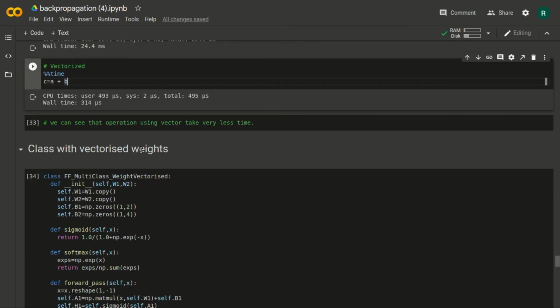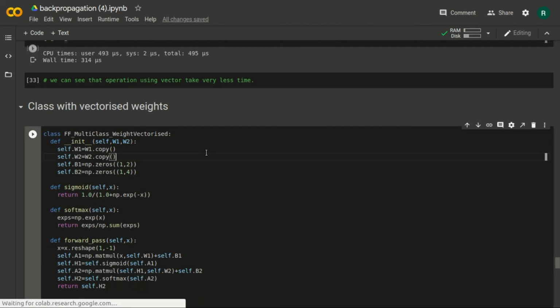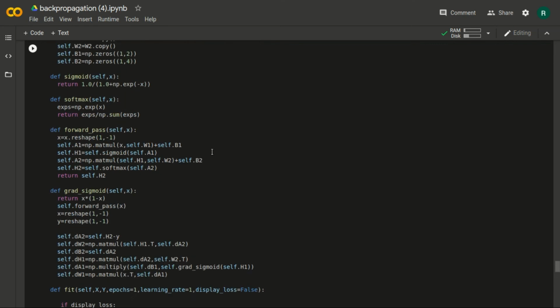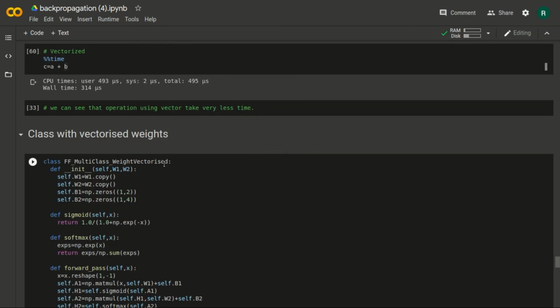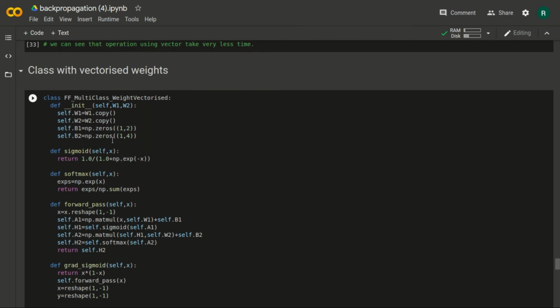Now we will continue the same feed-forward multiclass classification, but in this case with vectorized weights. As we have always defined weights randomly, this time we initialize the biases as np.zeros in the dimension of the weights. I hope you got what we did here.